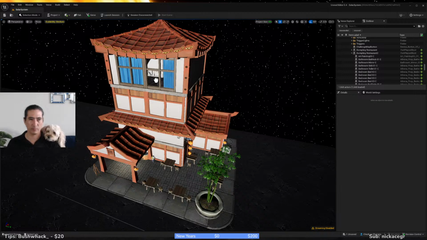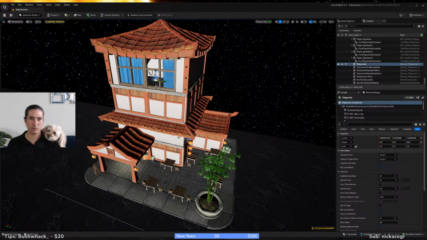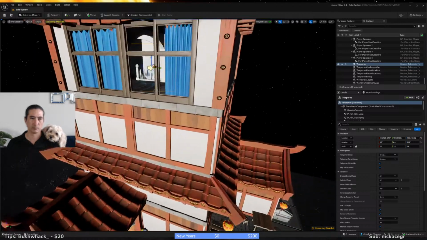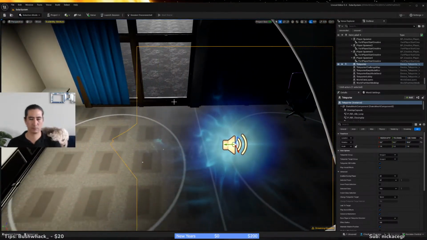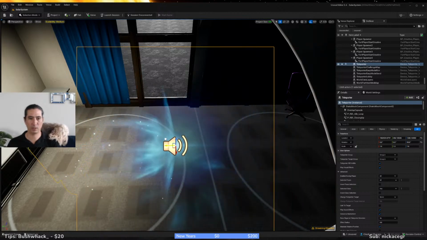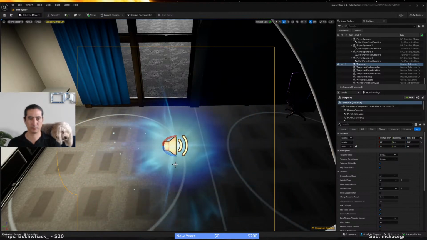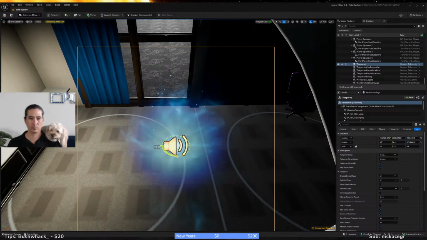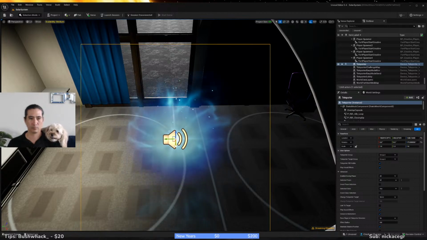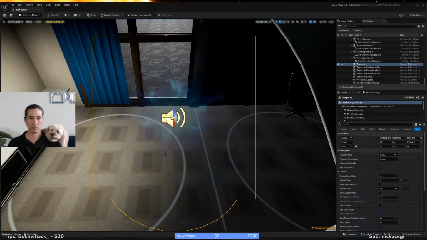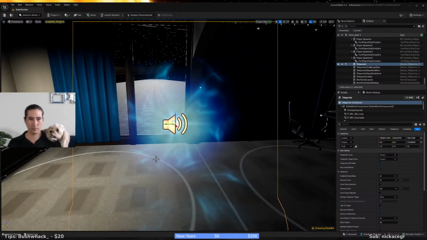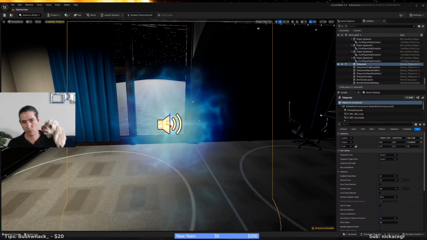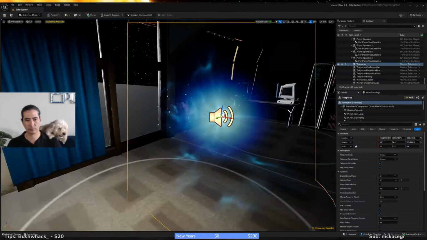We put it up in the top floor here. Also, we want you to be able to see it when you're running up here. Put it right in the window. No! Stop!